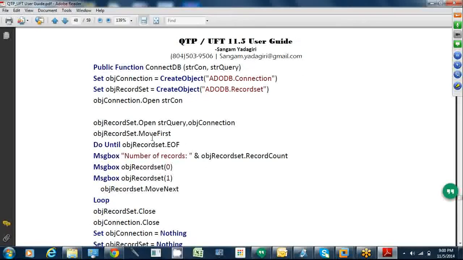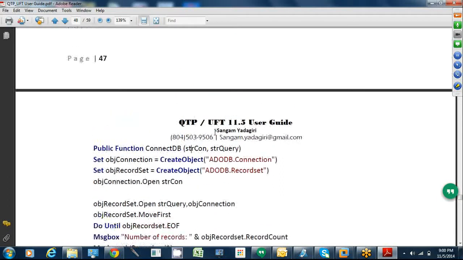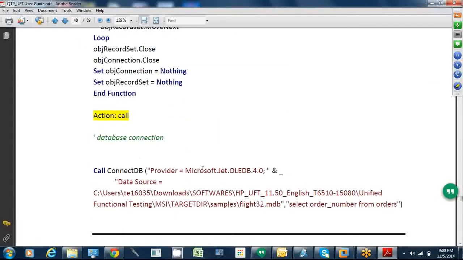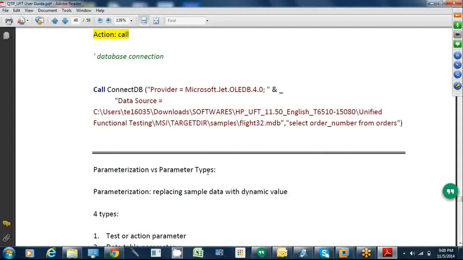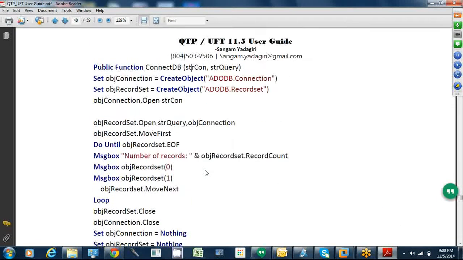Then you can pass multiple databases, right? No, you can only work with one database at a time. You cannot open multiple databases at a time, I mean one after another, yes. So that's why this is a good idea. The second time, if you want to open a different database, you can pass a different value. I will show you, that is in the database call here. See, this time I am taking a different one. You can take a different database, and while calling, that will be taken care of.